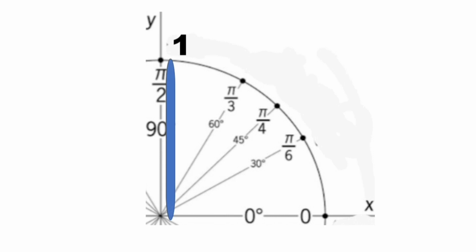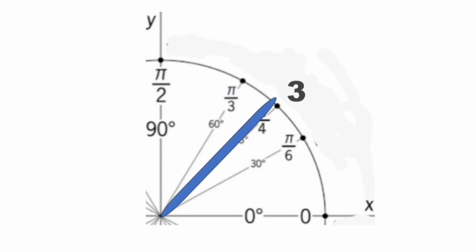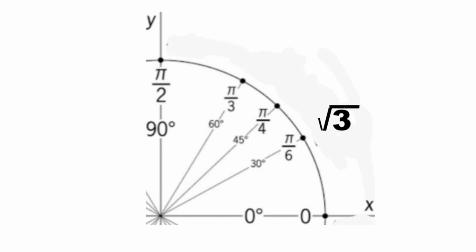The first line before the 30 degrees is the vertical line at 90 degrees. The second line is the line at 60 degrees. The third line is the line at 45 degrees, and the last line before the 30 degrees. So there are 3 lines. Use this number 3 and put this under a radical sign and divide it by 2,